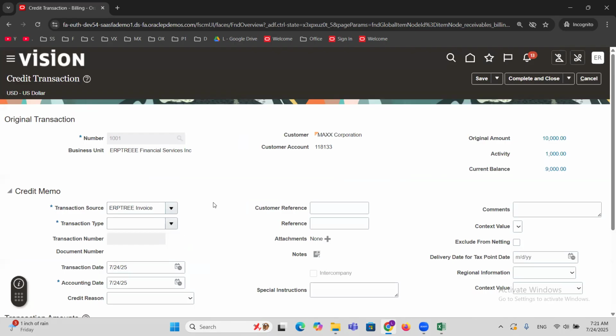Now, if you look at the transaction number 1001, the original amount is 10,000. There is some activity performed on this transaction, that is credit memo, and current balances are only 9,000. Now from 9,000, we are going to reduce one more 1,000. When you reduce 1,000, system should create credit memo with which transaction source and with which transaction type, that we